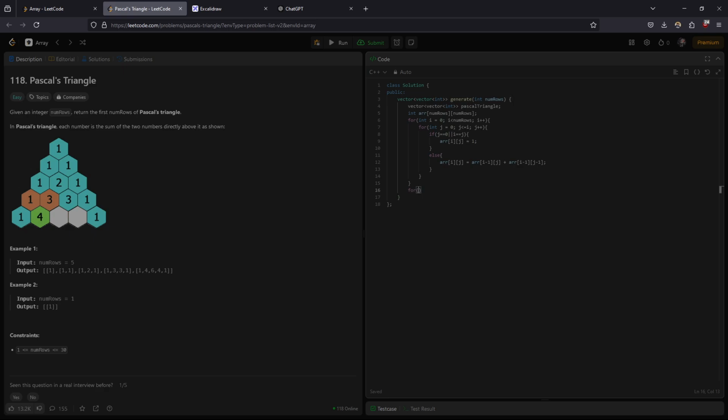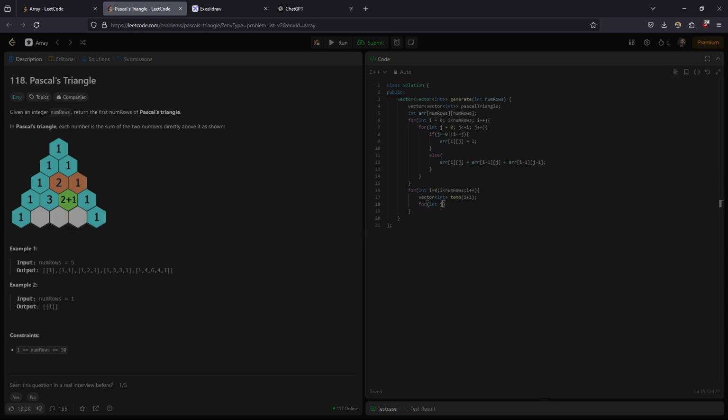Now we need another loop, int i equal to 0, which will iterate numRows minus 1, numRows times, and each time it will create a vector of type int named temp whose size will be equal to i plus 1, and we will create another loop inside here